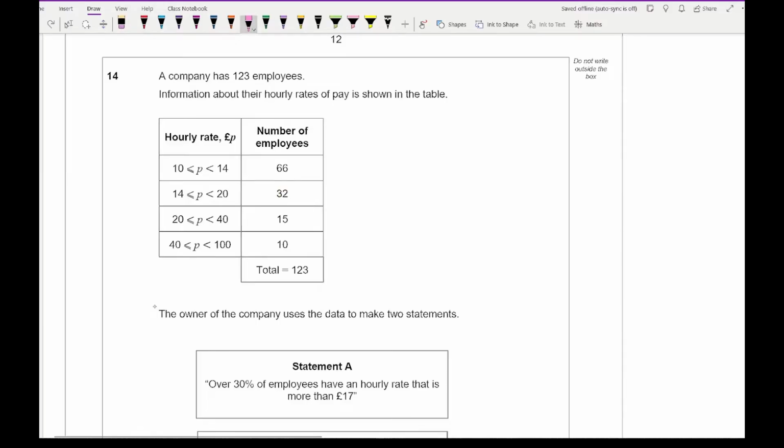And to work out the mean of grouped data, what I need is a midpoint and an FX column. So the midpoint of these, and again, if you're struggling with the midpoint, just add the bounds together and divide by 2. So that's going to be 12, 17, 30, and 70. And then the FX is where I'm just multiplying the frequency by the midpoint and working out what that is going to be. So on the calculator, that's going to give me an answer of 792,